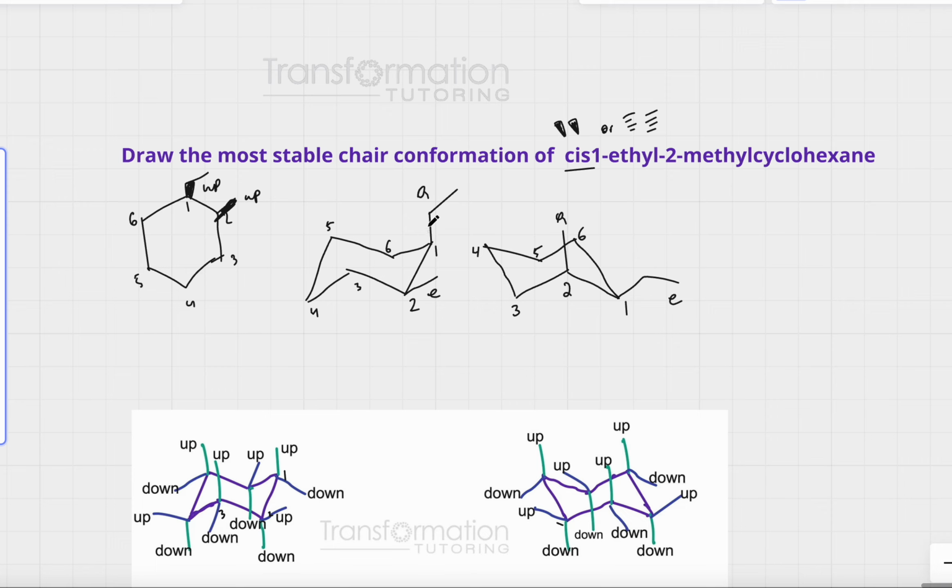Notice that my groups are different. Here I have a bigger group, ethyl, in the axial position, and a smaller group, methyl, in equatorial position. Here I have a bigger group, ethyl, in equatorial position, and my smaller group, methyl, in axial position. I will choose the chair that has the bigger group in equatorial position. That will be the most stable chair. So I have to choose this one, because this is the conformation that has the bigger group in the equatorial